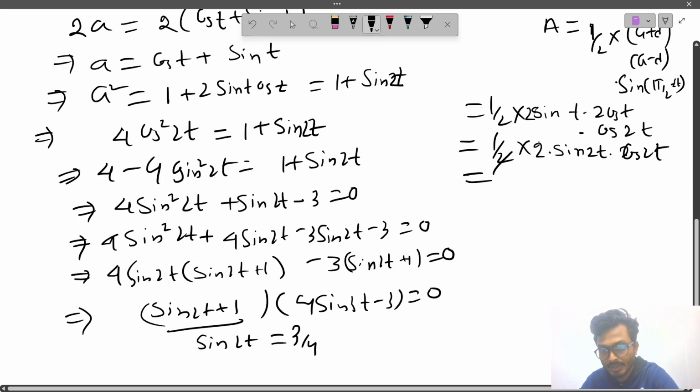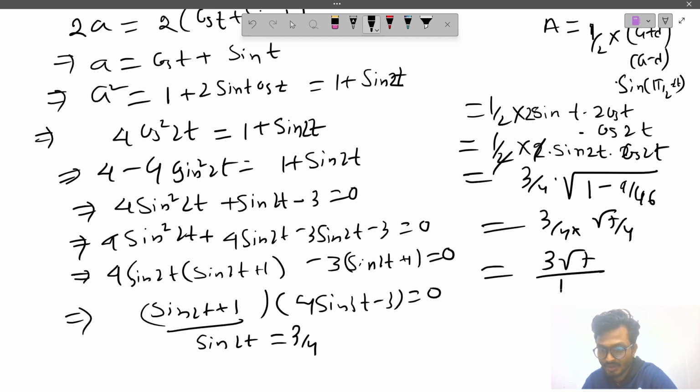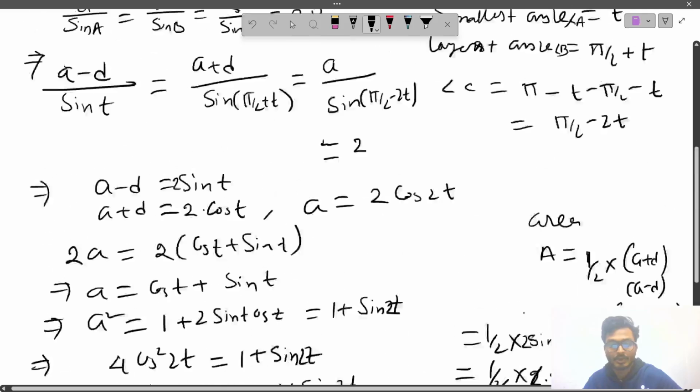So this will get cancelled. This is 3 by 4 into root over 1 minus sin square 2t, that means 9 by 16. So this will be 3 by 4 into root 7 by 4. So 3 root 7 by 16. Now we have to find what? We have to find